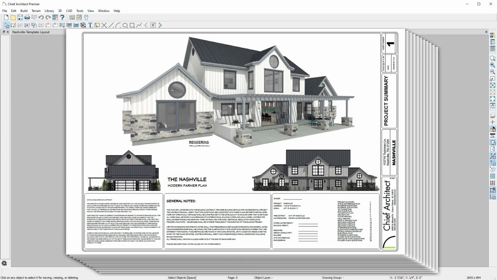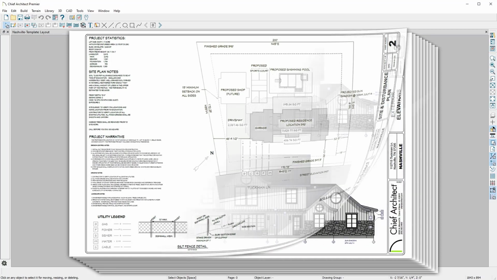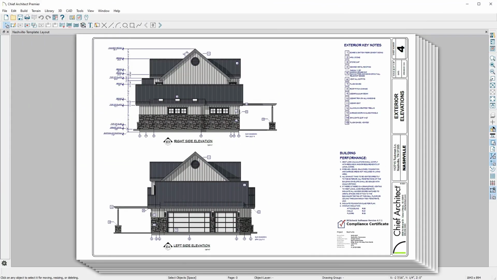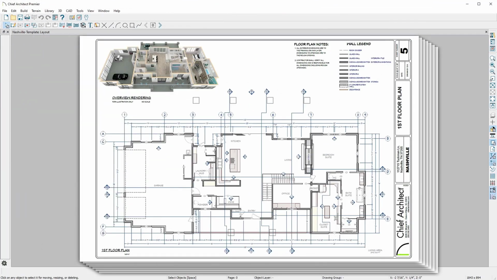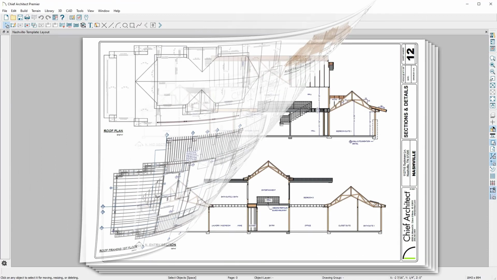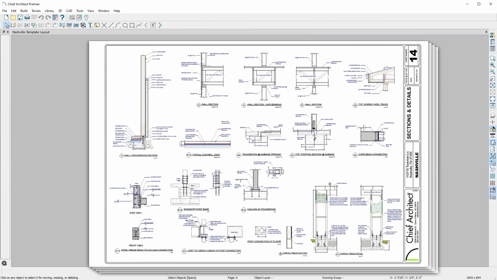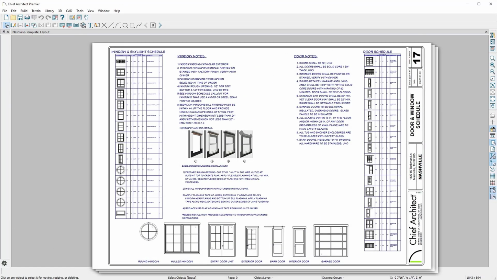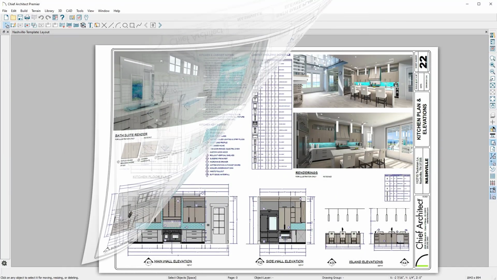Now that we have created many of the design elements for the house, it's time to create a plan set. In Chief Architect, layout sheets are used to scale and organize plans, elevations, CAD details, schedules, and other items for the construction documents. The drawings can be printed at any size. If you don't have a full-size printer, just use the built-in PDF print driver and send the drawings to a